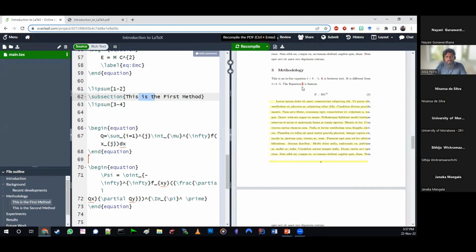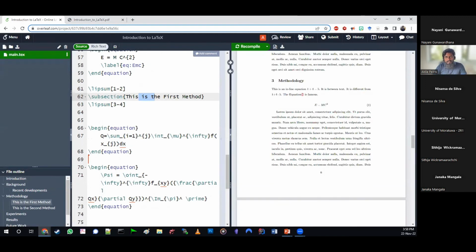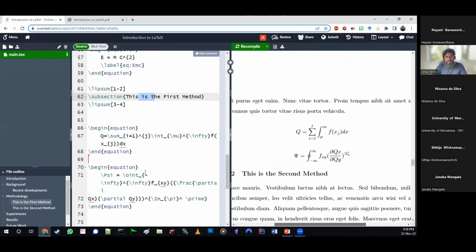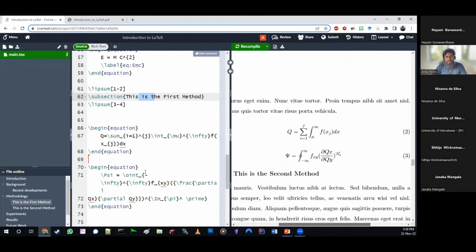And there you are. So we will not go into deep details on how exactly he typed these. But as you can see, even these very complex looking equations, you just need to say, okay, if it is a sum, what is the sum, from what to begin and from what to end. So i equals 1 to j. And if you want an integral, you just say integral.